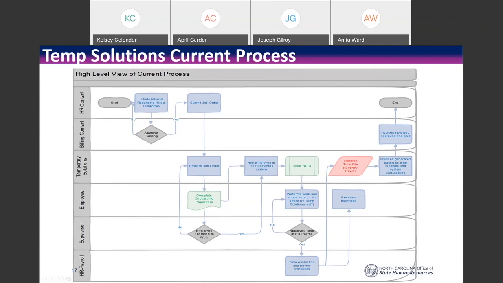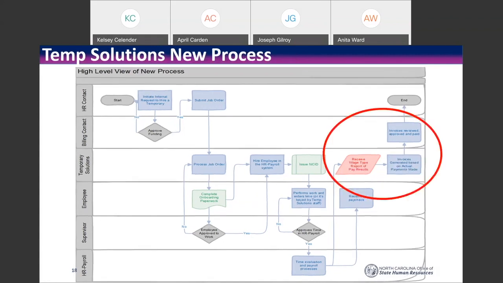So, today, those invoices are generated out of Temp Wizard and distributed by email to the billing contacts, and that ends the process at a very high level. And then if you go to the next slide, everything up until after payroll is pretty much the same process,